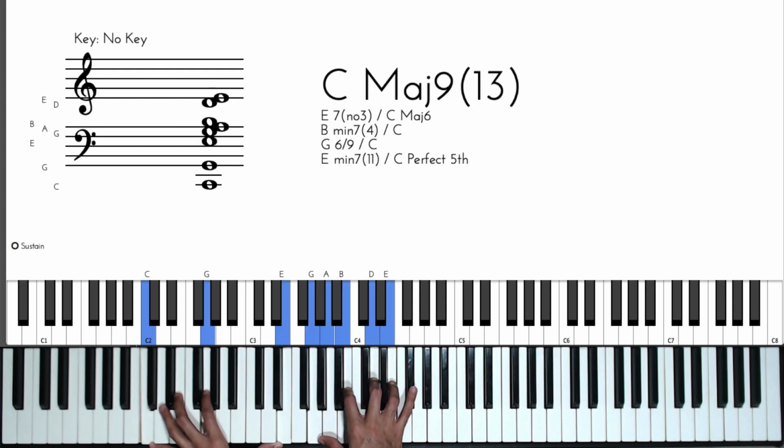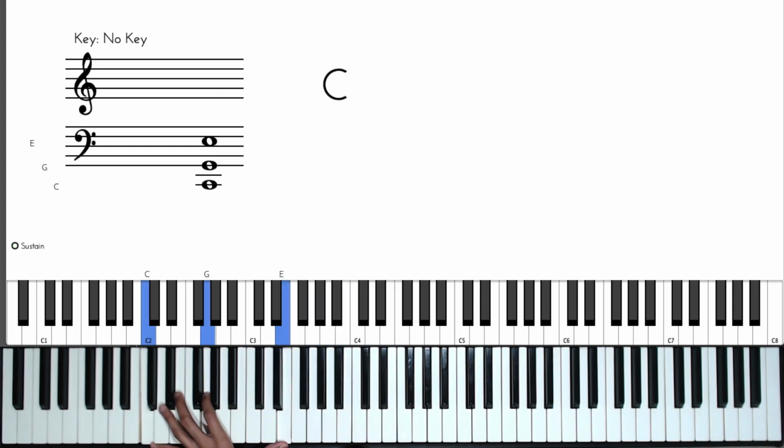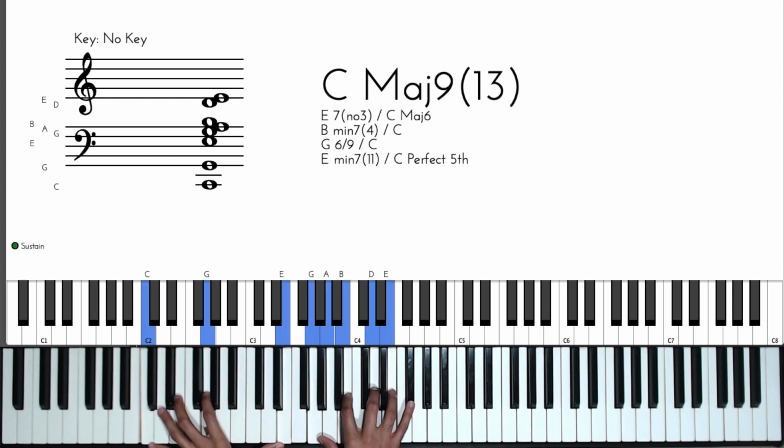And then we get back to the 1 chord, which is very similar to the one we did before, only that I'm spreading out my left hand into this 1, 5, 10 voicing. Okay, so